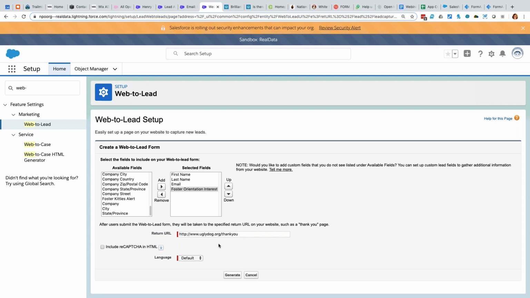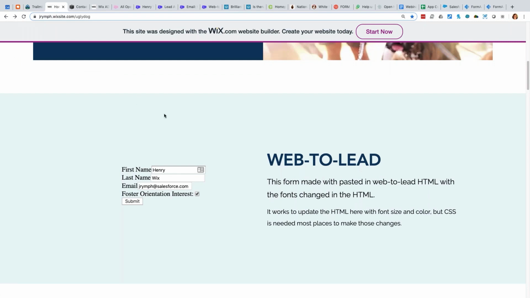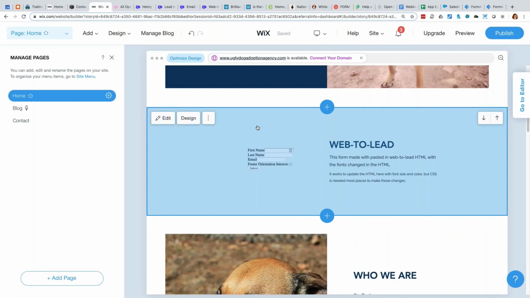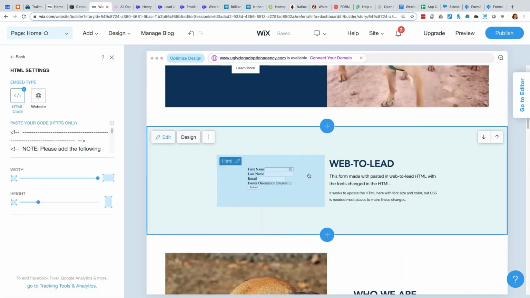And I'm not going to include the CAPTCHA because I don't know if it'll work on these different websites, but that's a great security measure. Test it out, see if it works. Then I just hit generate, and I get all this HTML to paste right into my form. So let's see how that will work here. All right, Wix. Here's my Wix editing page. So I put in this HTML